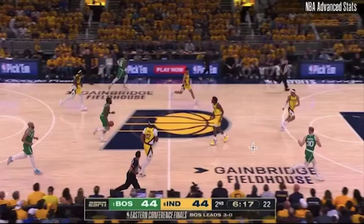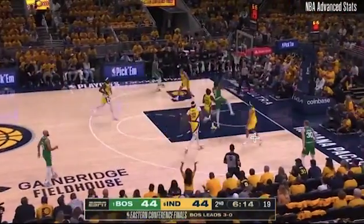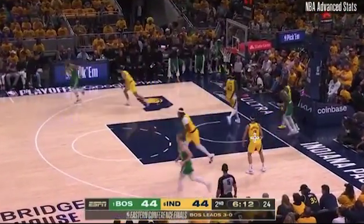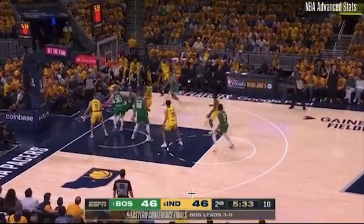Another transition opportunity, and Miles Turner being cross-matched here with Derek White just lets Jaylen Brown know there's not going to be anybody at the rim, so all I got to do is get there. And another matchup with Nesmith. Nesmith doesn't provide much ball pressure. Finish at the rim. Like we said earlier, the biggest issue in this series, other than closing games, was turnovers,